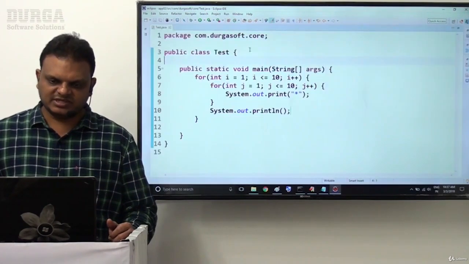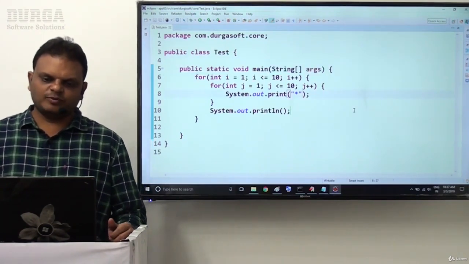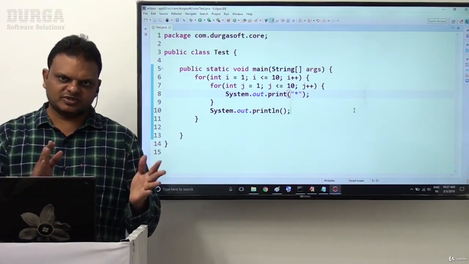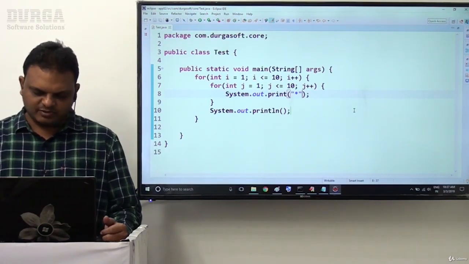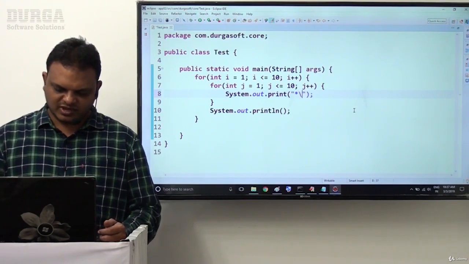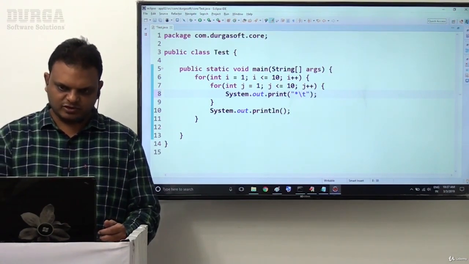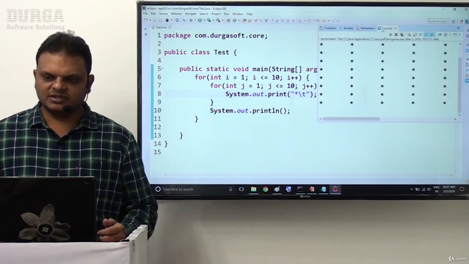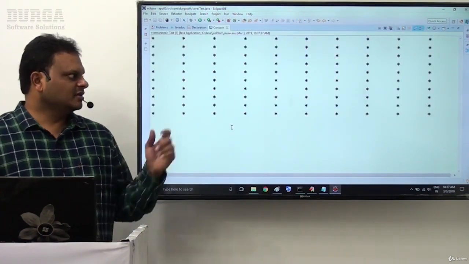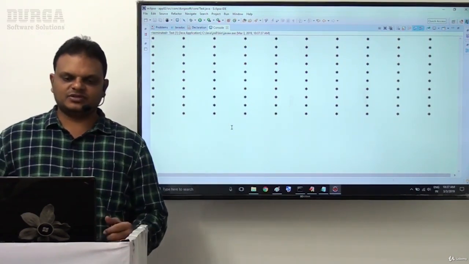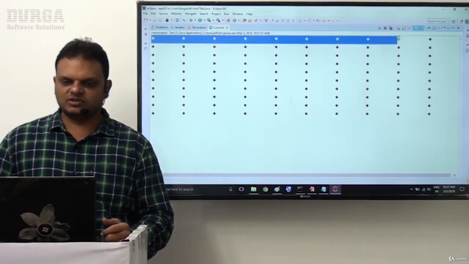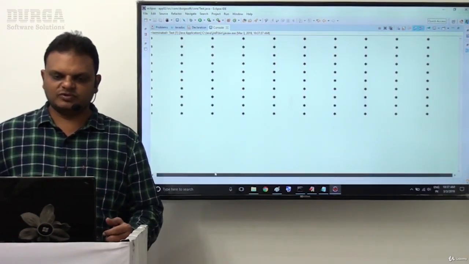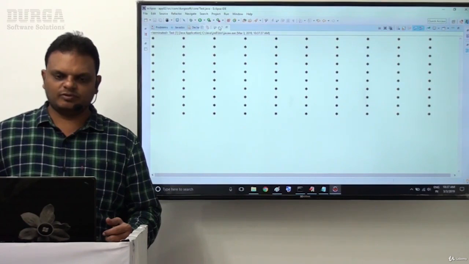In the same example, if you want to provide a tab space for each and every star, then we are able to provide \t. Now observe this clearly, which output we are getting. Now the tab space we are getting. The output will be available like this. That's okay, fine. Here also 10 rows are available and 10 columns are available directly. This is exactly the meaning. With space we are able to provide it.